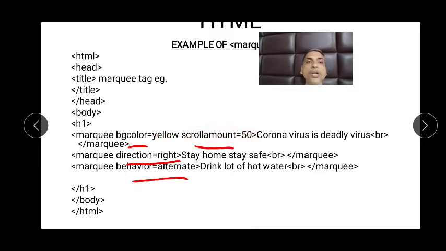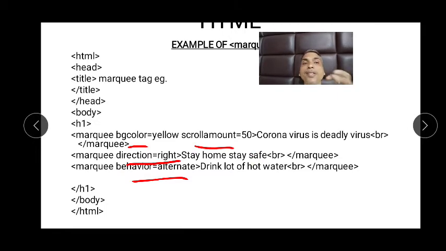What speed do you want your text to move at? "Coronavirus is deadly virus." Then direction: by default it moves from right to left, but this one will move in the opposite direction, towards your right. "Stay home, stay safe," with behavior equal to alternate.